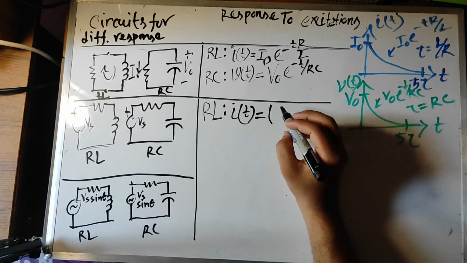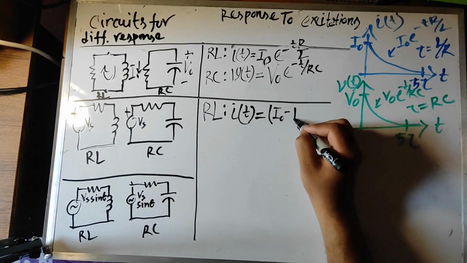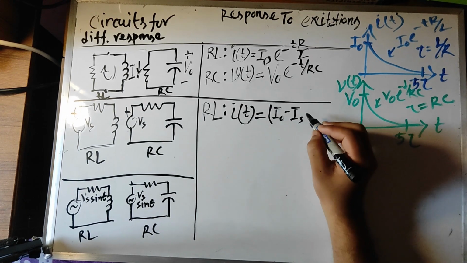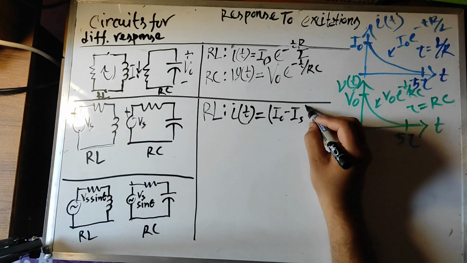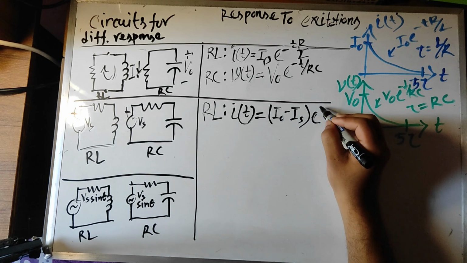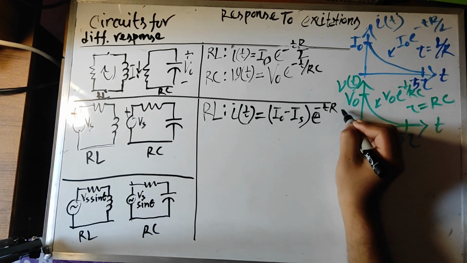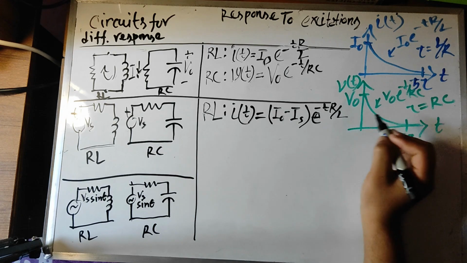The transient part is the initial current minus the imposed current Is, e to the power minus tR by L